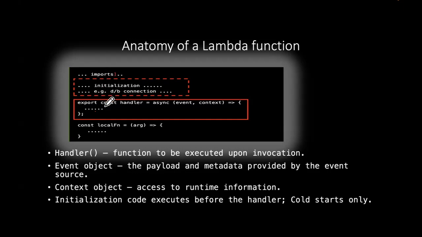You can put it down here, but it's considered very bad practice. So here is where you create your connections with external services like DynamoDB or SQS or S3. You make the connection here, and then you use the connections down within your handler to actually communicate with those external services.